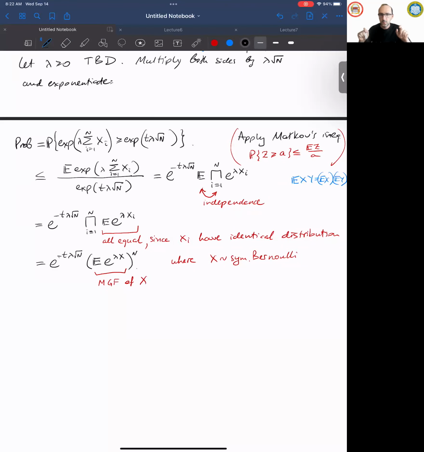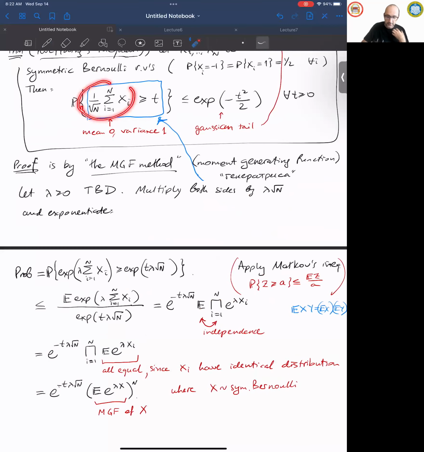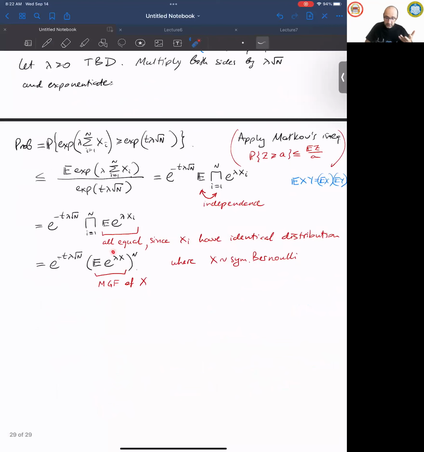Questions? We're good. Now notice that at this time, the complexity of the problem dropped down. Now we're not facing a very difficult situation. The difficult situation in the beginning is that we have a sum of independent random variables, a very complicated distribution. Now we have just one symmetric Bernoulli. What can be easier than symmetric Bernoulli? Minus 1 and 1. It takes only two values. We should be able to figure this out. Let's figure it out separately.